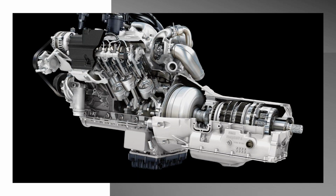I know that we want to talk about failures and fixes, and we can limit that to the long block, but to truly understand this engine, you really need to take it as a whole. An engine operates off of a system. There's no individual component that really is isolated. And as a machinist, you know this very well. One tolerance changes, there's such a thing as stack-up tolerances. Everything is affected by something else. So I really need to incorporate the entire engine, and that includes some of the bolt-on things. So in terms of the engine, we're going to start from top to bottom. But to back up just a minute,